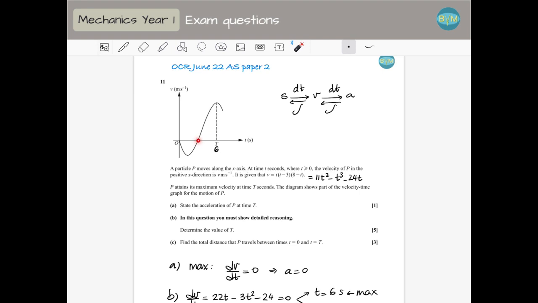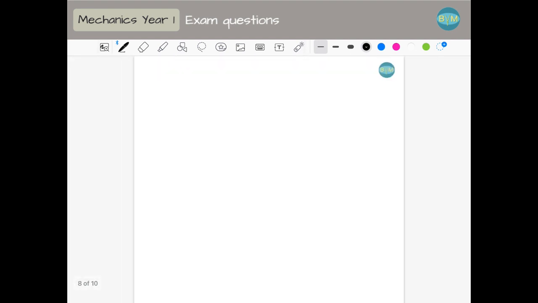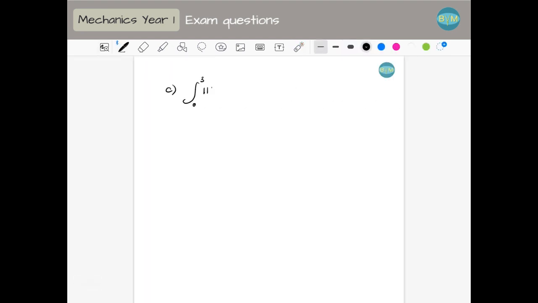So my quadratic roots are the 0 here, 3 here, and 8 somewhere here. So this point is 3. It's just the root of the quadratic. So I'm going to integrate between 0 and 3 and between 3 and 6. So the distance is going to be, for part c, I'm going to integrate between 0 and 3 my velocity function. So my velocity function is this one, 11t squared minus t cubed minus 24t